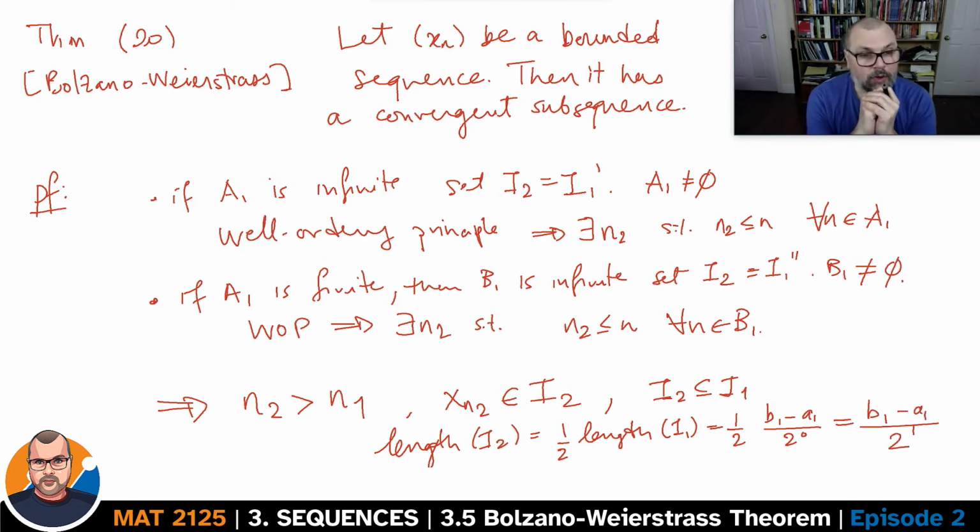I don't know if you see where we're going with this, but we have built, or at least we've started building, a sequence which is going to be a subsequence of the original sequence xn. We have an xn1, and then a term that came after xn1, xn2. So we're building the subsequence, and it looks as though we're going to be building as well a sequence of intervals that are nested. I1 contains I2, and we're going to play the same game with I2. Find an interval I3, which will contain xn3, which will be one of the terms in the sequence, which will be the next term in our subsequence.